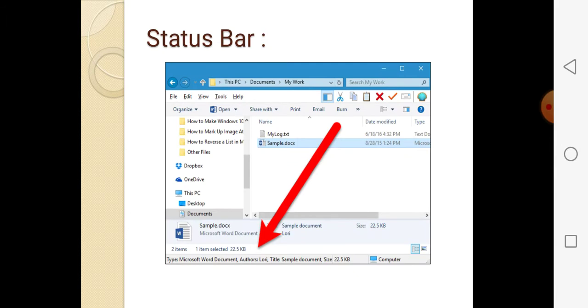See how many size and KB is there, and everything time is mentioned. If you are using Word, how many paragraphs, lines and words are there will also be displayed in that. For example, you are working on one paragraph, so in that paragraph how many words you are using, how many lines you create, how many lines you are going to type, that is recorded in a status bar, right. So this is the work of the status bar.